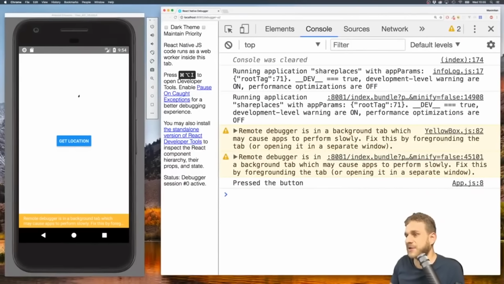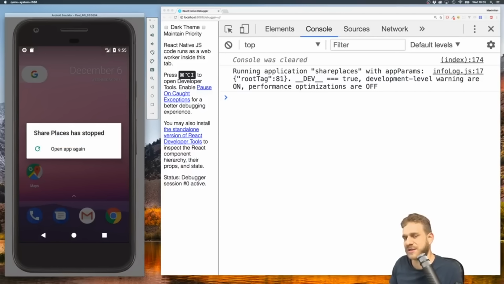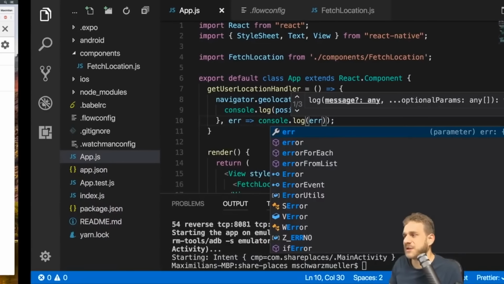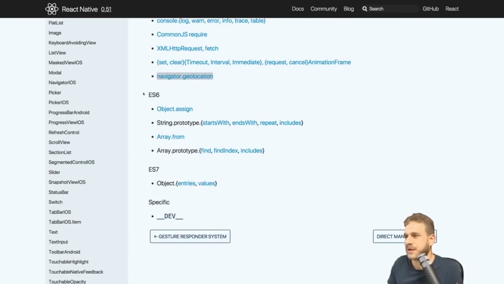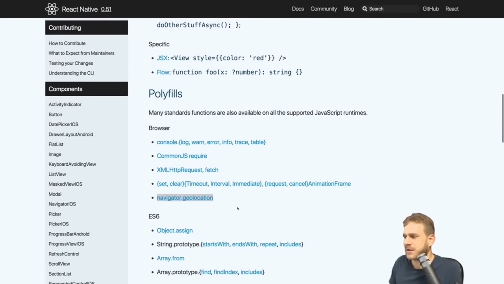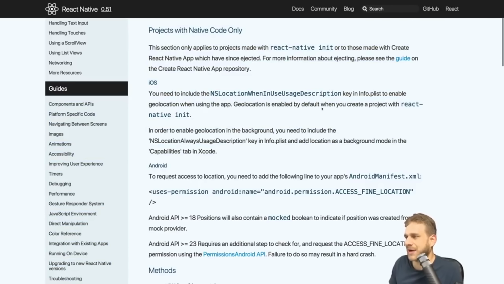Now if we save this and we go back to our application and we reload the app and click that button, the app actually crashes. Now this happens because we don't have the permission to get the user position. And if we don't even tell our app that we will eventually need this permission, it will just crash. So what you can and should do is access the documentation on Navigator Geolocation here in the React Native docs. And there you see how to set up the permissions on iOS, where you will basically need to edit the info plist file. And on Android, where you need to copy that entry here, this uses permissions element,